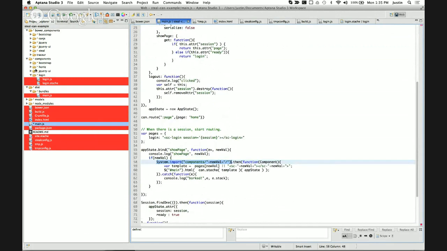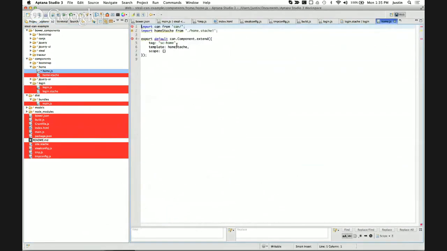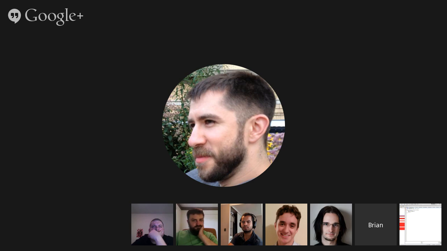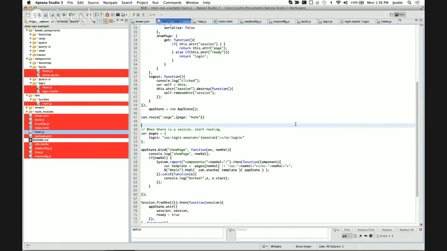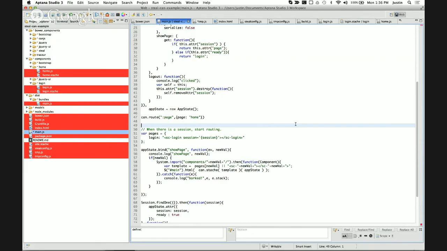So then all I do is I basically just have a bunch of other pages, like the home page, which is even more simple. Go back to that other JavaScript file, main. So how does that work in production? Does that build that component, or does it just load all of its dependencies? What component? If you're loading using system import. So to make the progressive loading work,